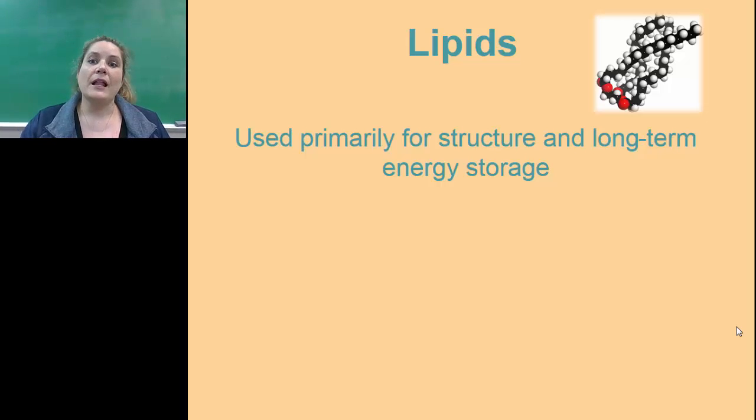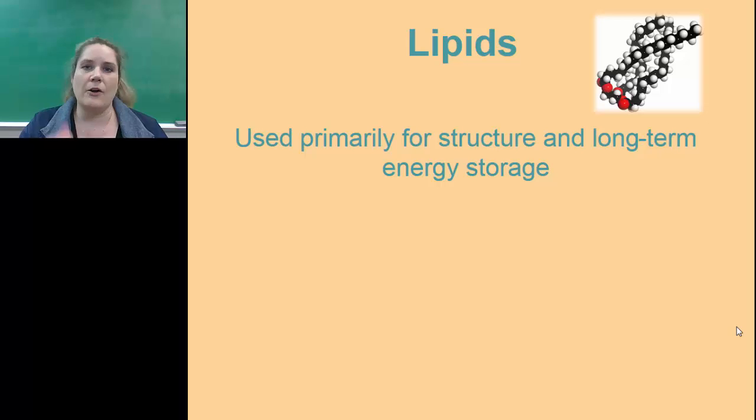All right, lipids. Lipids have the same functions as carbohydrates, but slightly different. So they're used for structure. But this time when we're talking about energy storage, lipids are long-term energy storage. So lipids are kind of like the bank account that you go to get your energy out of, whereas, well, actually, no, that's not true. Lipids are kind of like your college fund, whereas